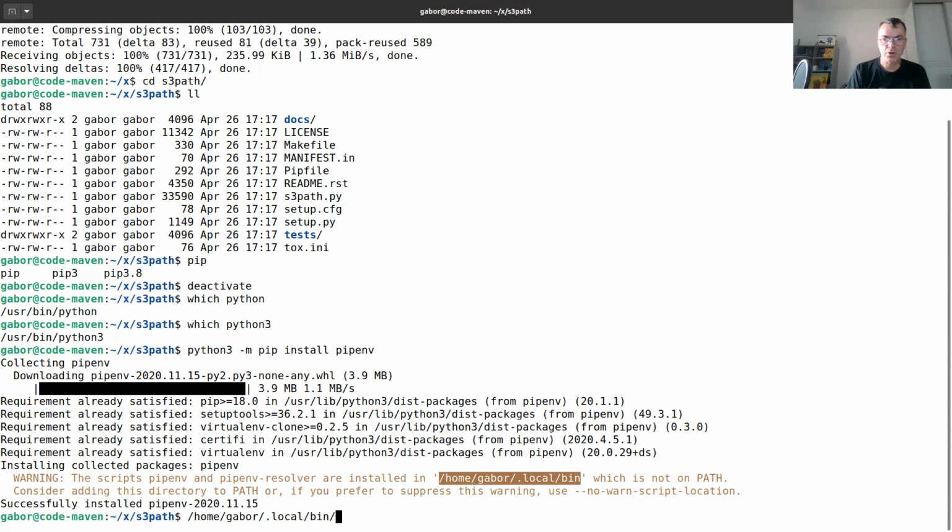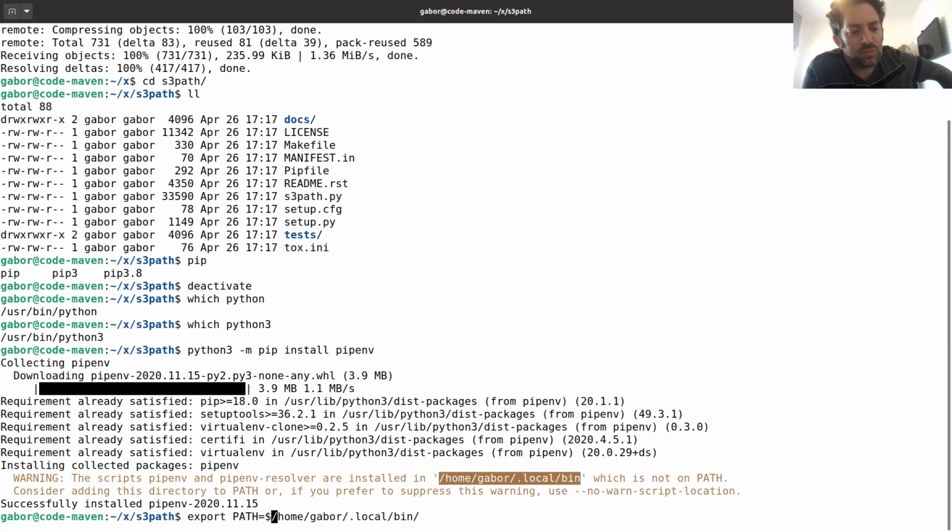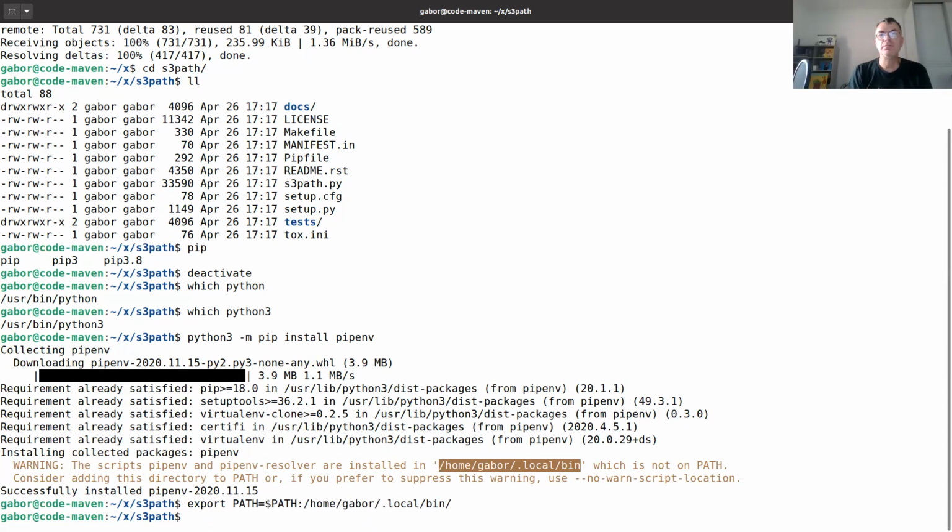That's fine. I'll have it for now, and then maybe later on I add it to my actual workflow. Basically, pipenv is wrapping the virtualenv and pip as one CLI.